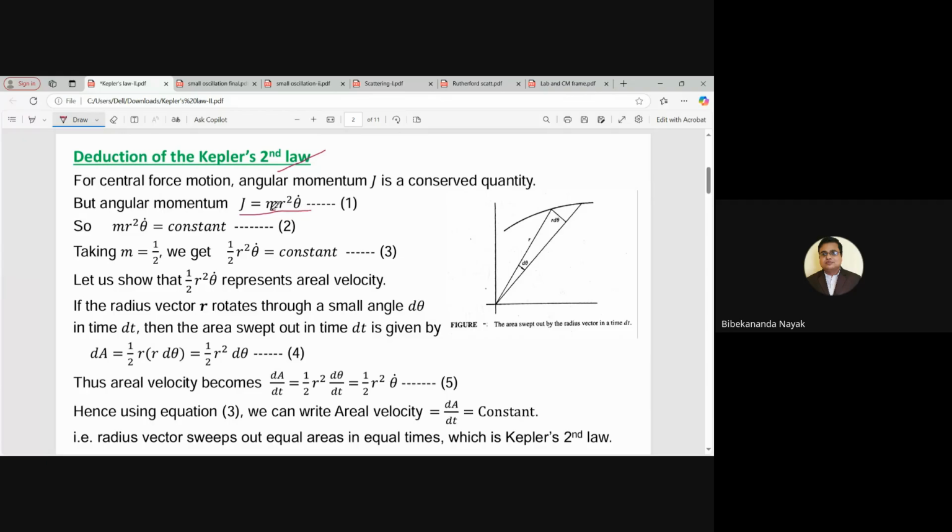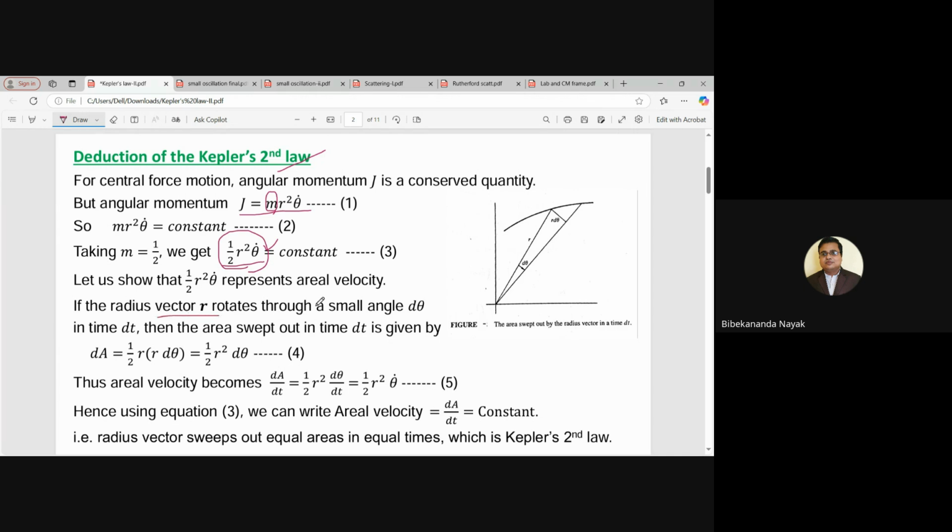is a mass. If we put m is equal to half, then it becomes half r square theta dot. Since angular momentum is a constant, half r square theta dot can be written as a constant. But if you check, this half r square theta dot is nothing but the areal velocity, because if the radius